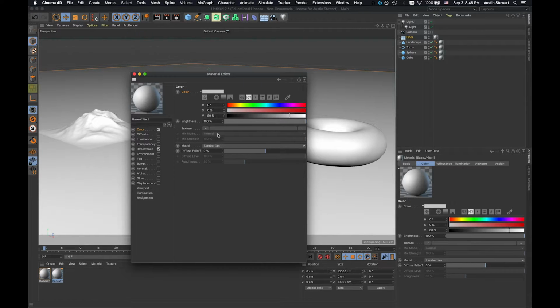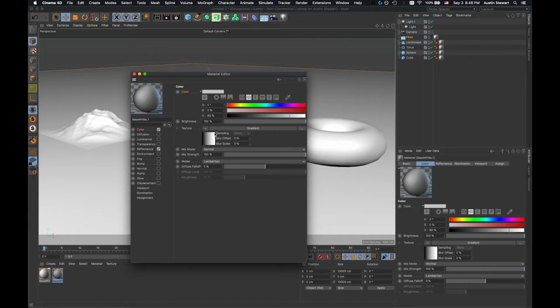Now, the next thing down is texture, and texture allows you to do a couple things. First, there are procedural textures that you can use. So if I click on this little arrow here, I can go down, and if I wanted a gradient as my color for my object, I could go ahead and click on gradient. And then the word gradient shows up here, and I have this little gradient image,